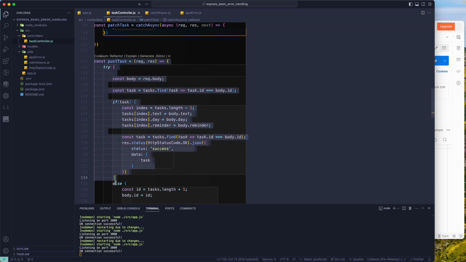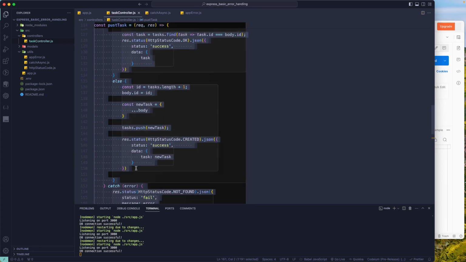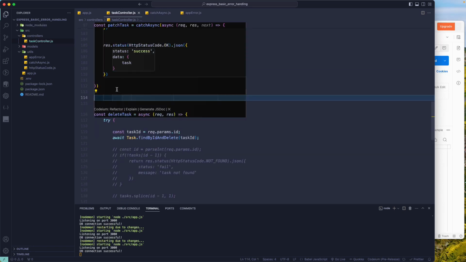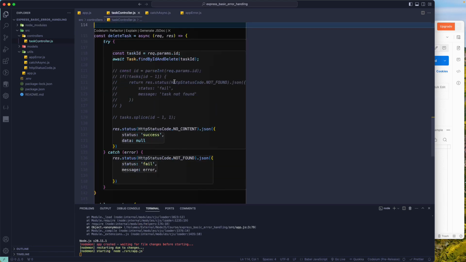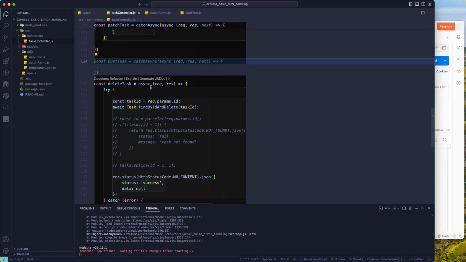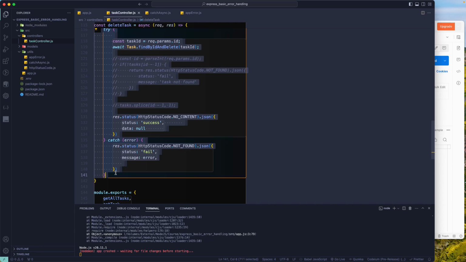So let's just remove this function from here, because we are not using the put tags anymore. So let's remove that one from here, and that should be fine. We are just going to make use of the patch over here, and then we are going to have the delete one. So let's just cut this section,